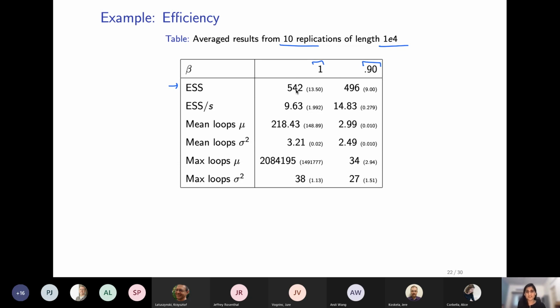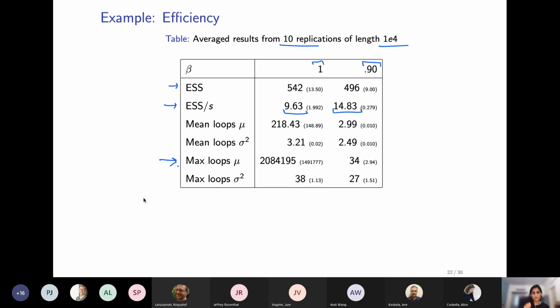These are estimated ESSs, so they have their own variability. I also report the ESS per second, and this is where we do certainly see improvement. Now, it's not astronomical improvement, but we see some improvement, certainly. If I'm just going to jump down to this line over here, what I also note in my simulation is